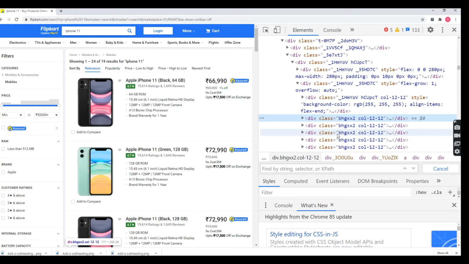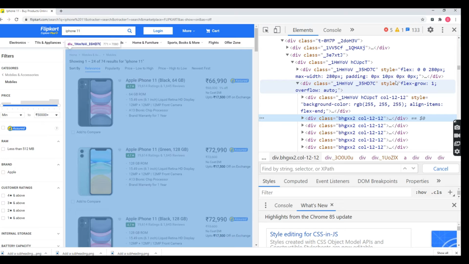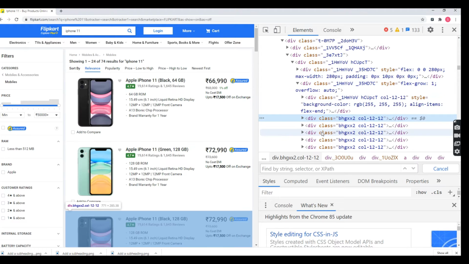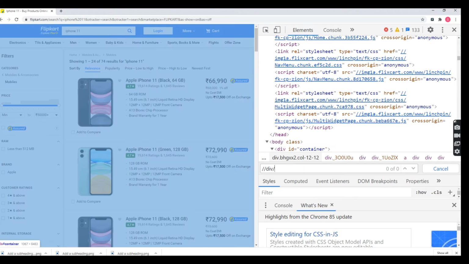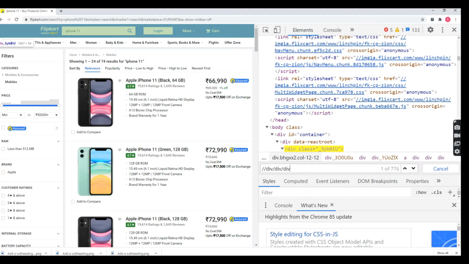So for all the divs, who's the parent? This div tag. If I take this div tag, definitely it will work, but this is not the right one. Sorry, this is the wrong one. Why? Please avoid taking the root XPath. Root XPath means div, again div, again div. This kind of XPath is not a professional look. Please avoid it. That is the reason we use XPath axes, which are following-sibling, descendant-or-self. These axes are used for avoiding this kind of root XPath.